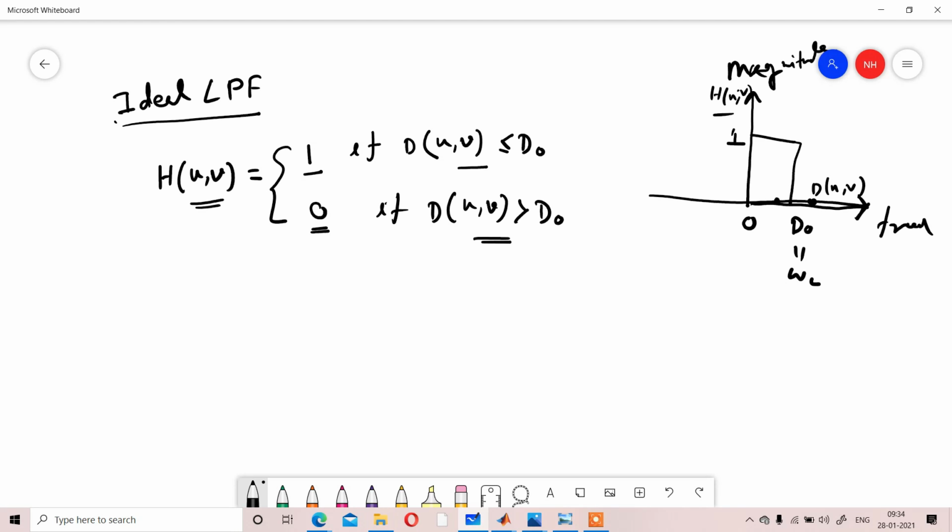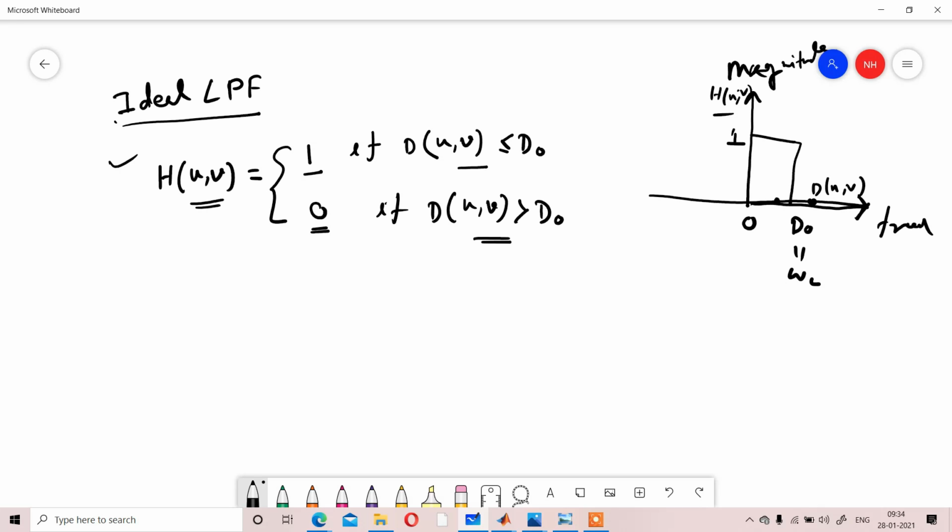That is your expression for the ideal low pass filter. Keep in mind, in the ideal low pass filter a sudden change is happening. At point D0 you are getting 1, and suddenly just after D0 you are getting 0.